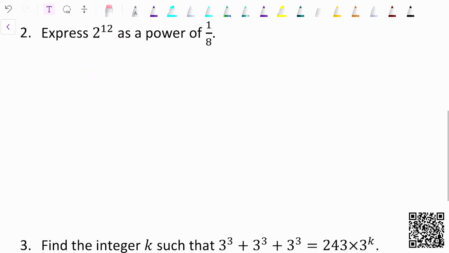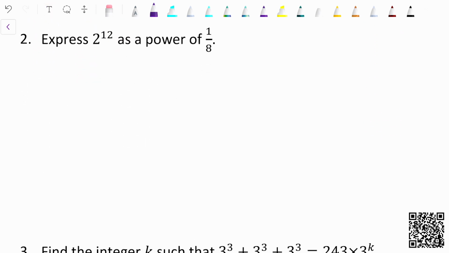Moving on to problem number 2. Express 2 to the power of 12 as a power of 1/8. So how are we going to do this problem? If you guys aren't that familiar with converting, like taking the negatives out of these numbers yet,